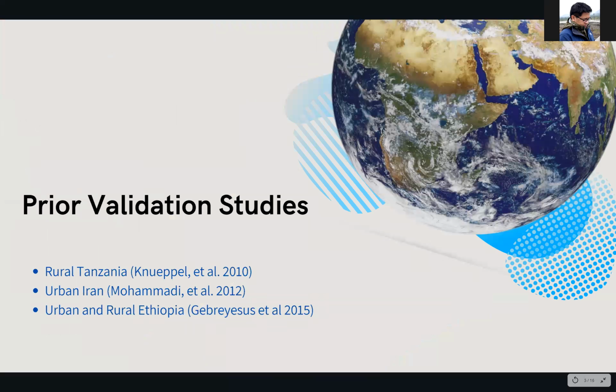One of the requirements for testing measurement invariance is that there should be evidence of the instrument's psychometric quality, particularly construct validity. There have been a number of prior validation studies using the Household Food Insecurity Access Scale, all showing construct validity of the scale, with studies having been conducted in Tanzania, Iran, and Ethiopia, to name a few.